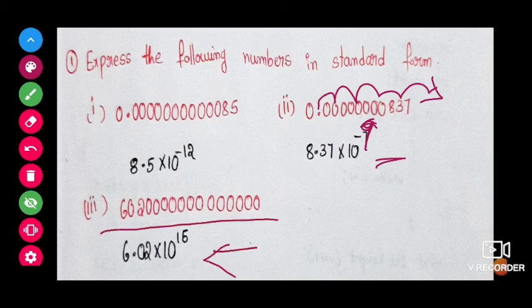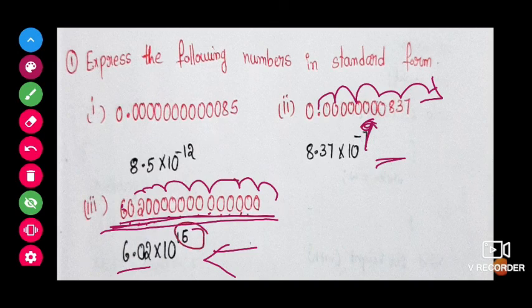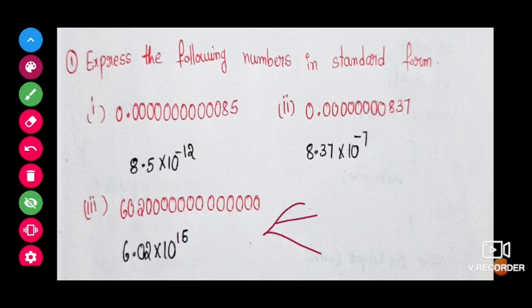Now here, the biggest number. Now this is also going to be shown in standard form. In the same way, the point: 1, 2, 3, 4, 5, like that we will count and go. We will write 6.02. Here we are placing the point after the 6. So how many places are there after the point? 1, 2, 3, 4, 5, 6, 7, 8, 9, 10, 11, 12, 13, 14, 15. So we will take 10 to the power plus 15. This is the standard form of the big number.